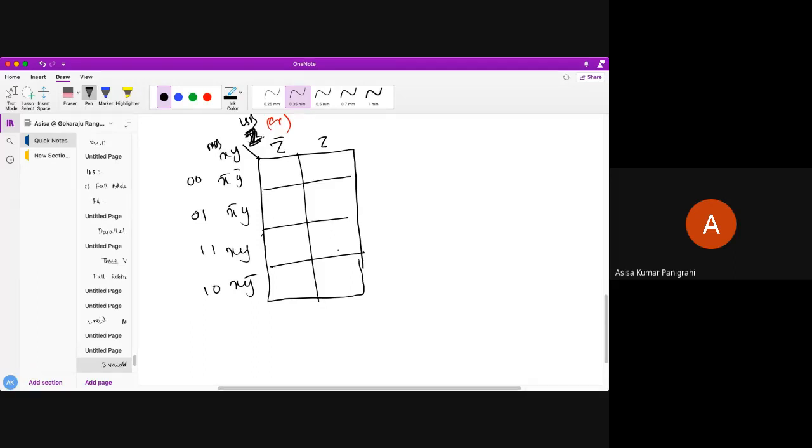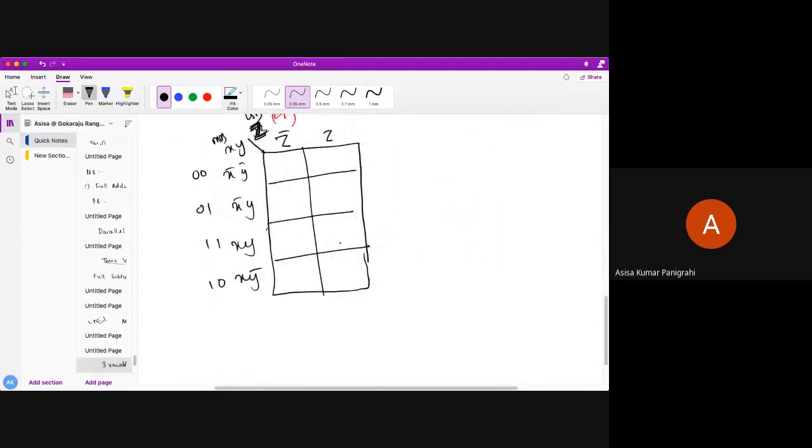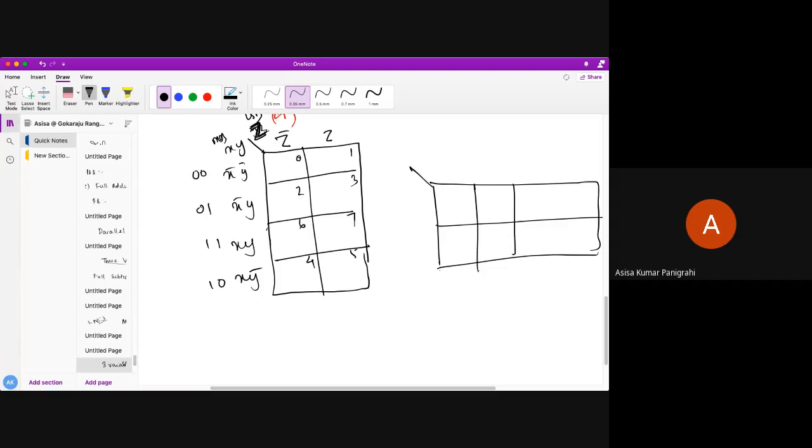Do you all understand? So now what is the place values according to this? So what is the place values? You can see here, this is my M0, 0, 1, 2, 3, 4, 5, 6 and 7. So these are my place values. Similarly, how the place values here? The place values for the minterms are like this. So as we have seen, how is it? Just check here. Very simple.